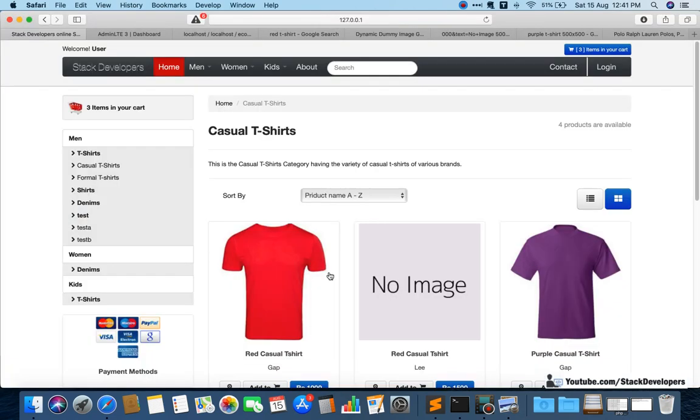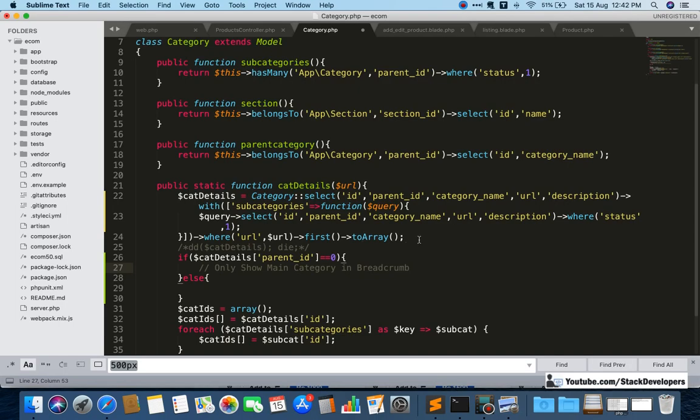Okay, breadcrumb, we already know these are the breadcrumb, this is what we call breadcrumb. In every listing page there is the breadcrumb that shows which category you have opened, and whether there is any parent category of this one that you can also open. So that is the breadcrumb. Okay, so breadcrumb we can show here. If you have confusion you can ask me what exactly breadcrumbs are, I will explain in detail. Okay, only show main category.